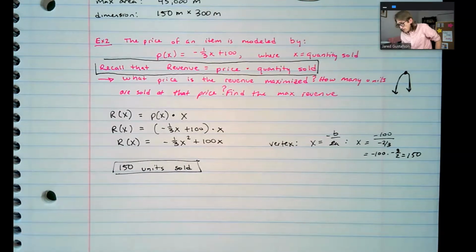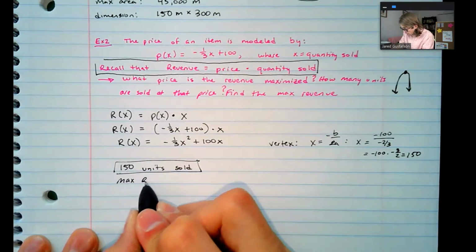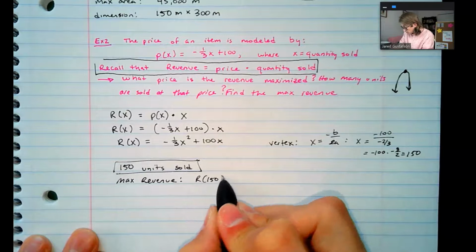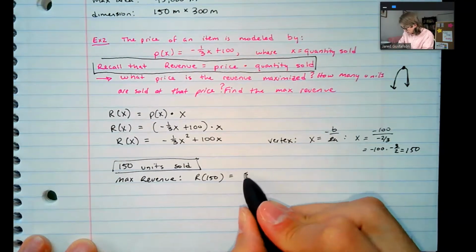How do we find the max revenue? Well, we need the price first. No, we don't. We just need the units. I'm sorry. For the revenue, we just plug it in. So the max revenue, sorry about that, is just when we sell 150 units, which I'm going to tell you,